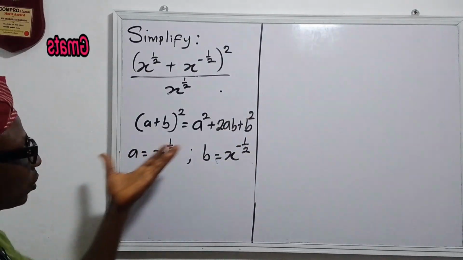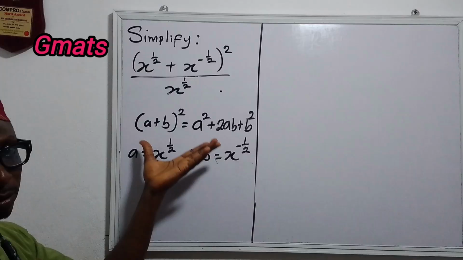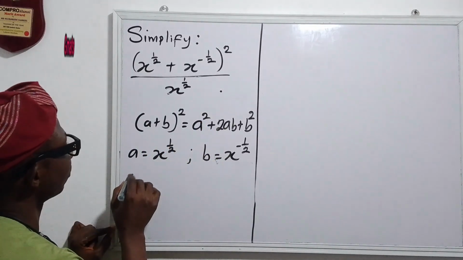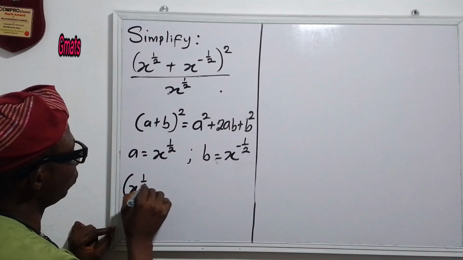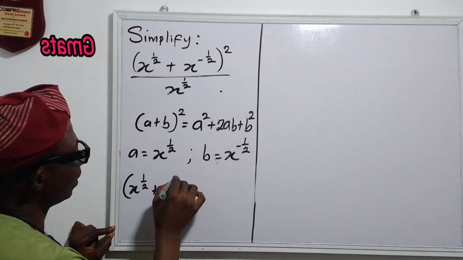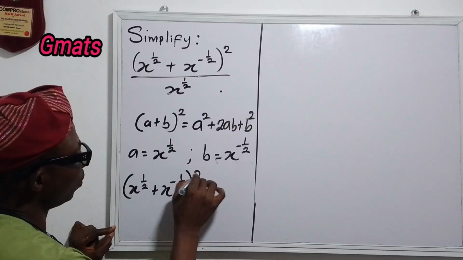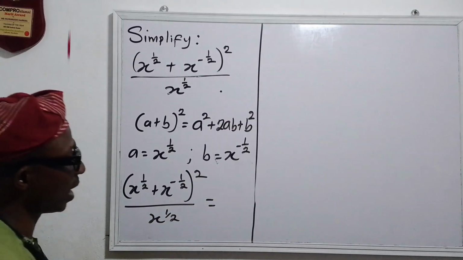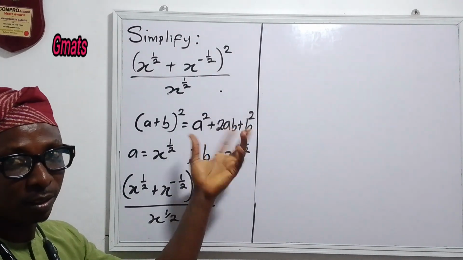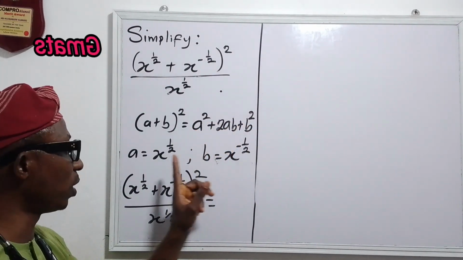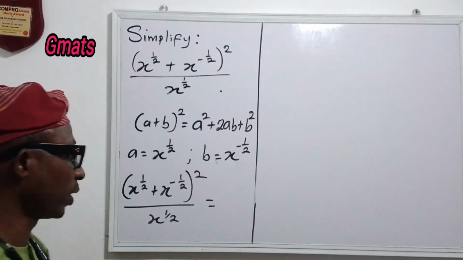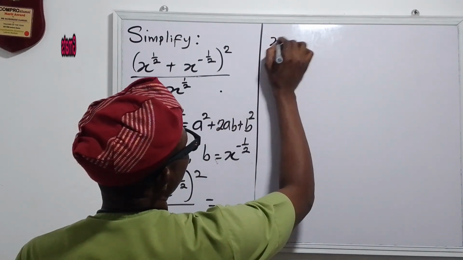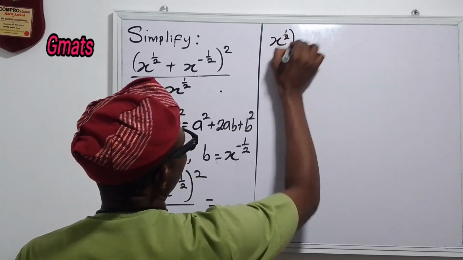All right, so now let us plug in these values. We plug it in here. So we have x raised to the power of 1 over 2 plus x raised to the power of negative 1 over 2, all squared, divided by x raised to the power of 1 over 2, is the same thing as, now let us write the right hand side. So wherever we see a now, we put what? X raised to the power of 1 over 2. Okay, so now we have a squared. So that is x raised to the power of 1 over 2 all squared